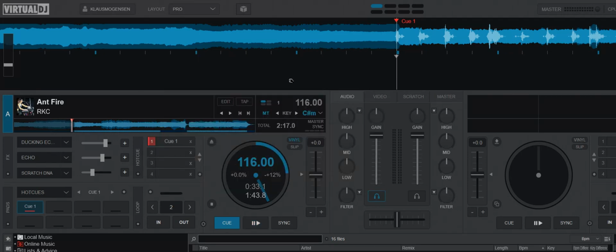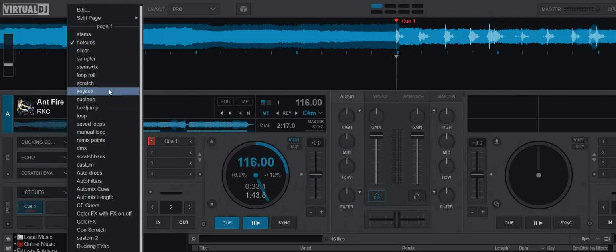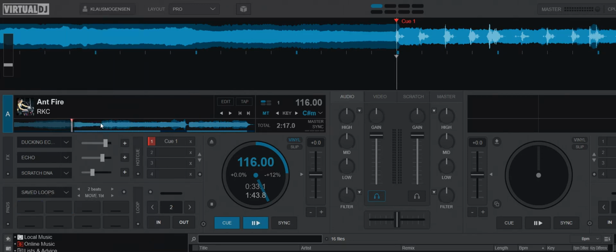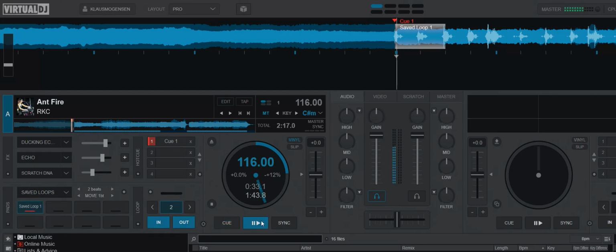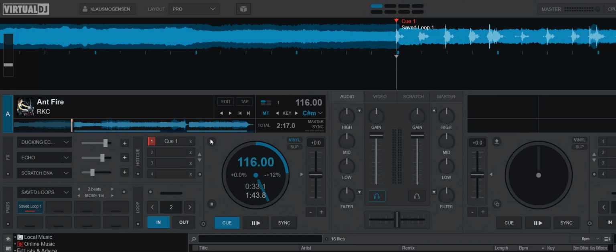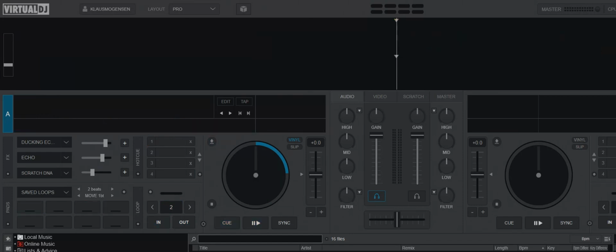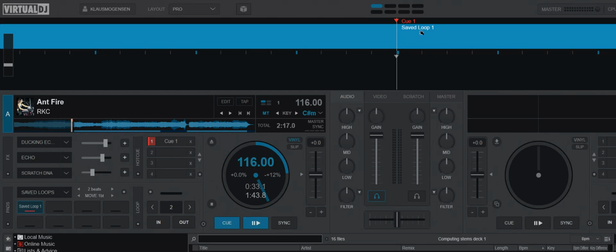If you just use regular saved loops, all you need to do is find the saved loop path page and make sure that's mapped on your controller, or in this case just my mouse, but normally on a controller, and then have this saved loop path page. And then it has like a length here, and for the loop, like right now it's 2 beats, and then you just click an empty slot and you have a saved loop, and it loops. But more importantly, you can enable and disable it, and of course, even more importantly, the next time you load the track, it's still there as a saved loop.